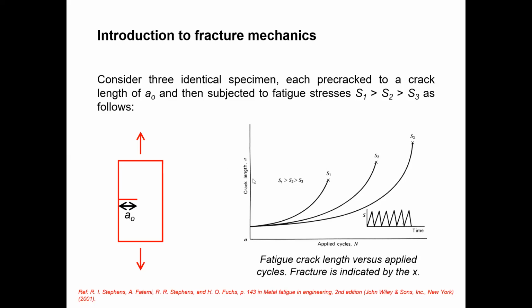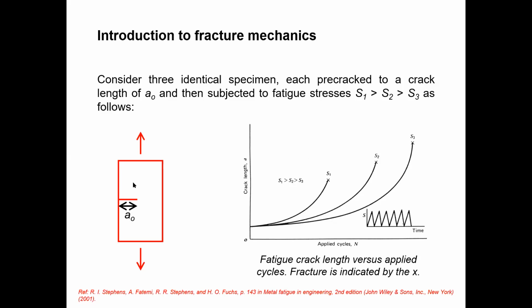You can see A1 is smaller than A2, and A2 is smaller than A3. So the number of cycles is also higher, but you can see that with this stress, it can survive